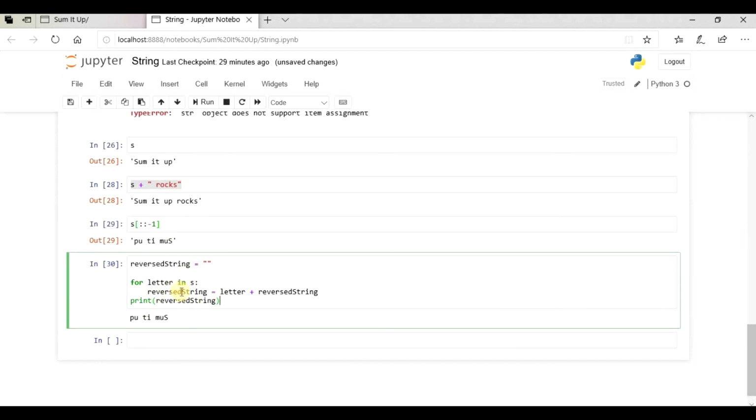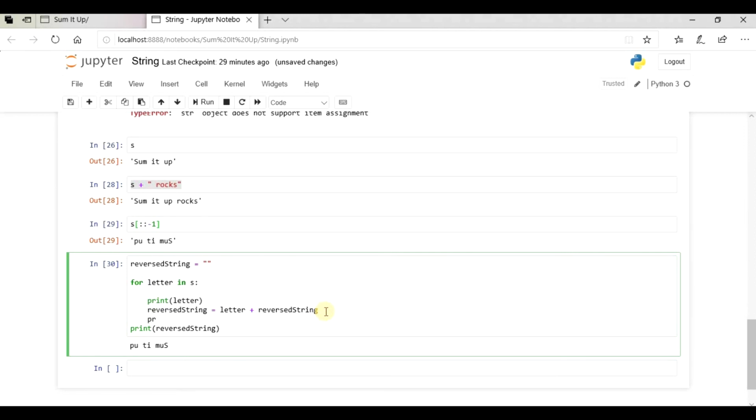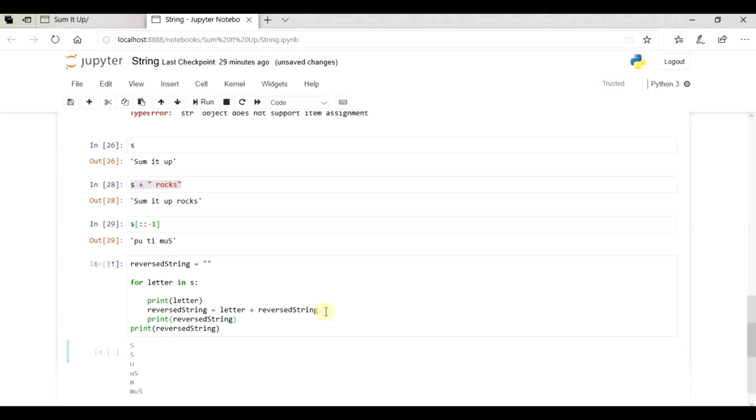In a logical way, let me print this letter here as well, and let me print reverse string here. So now here we can see.